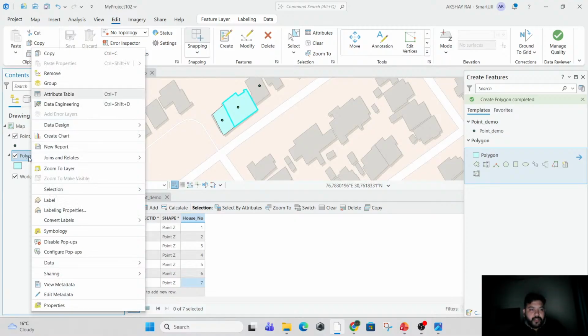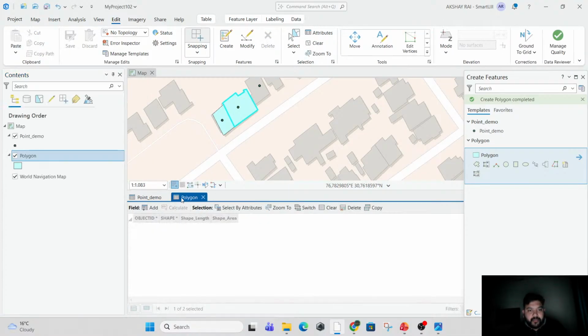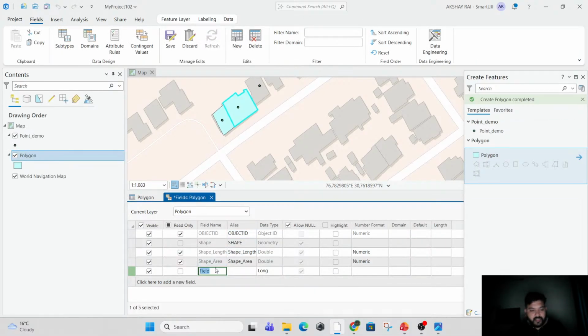Similarly to polygon, you can also add the attributes. Just simply click on the attributes. You have the shape area here also. Sometimes if you don't have area, what you can do is just click on add, create a new field, area, choose double. Double and float are very similar to decimal. So whenever you want to choose decimal, you can choose float or double. So if I choose double here,